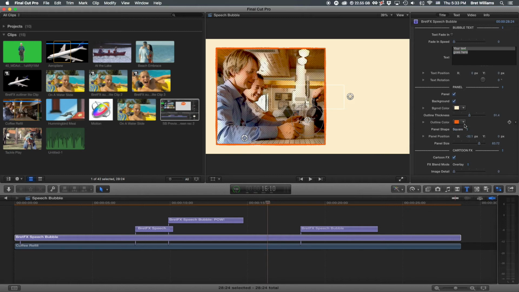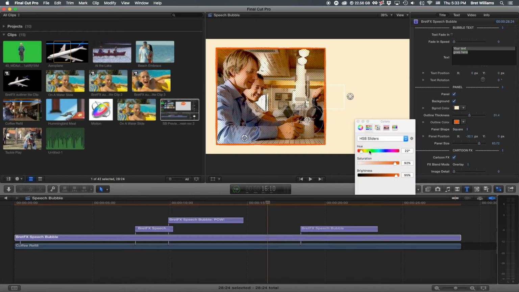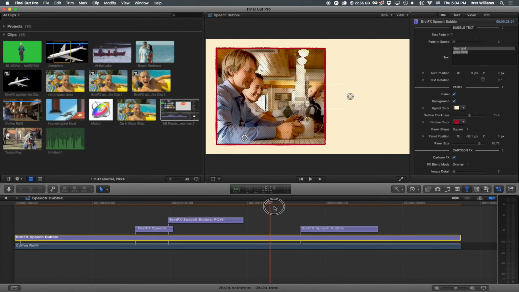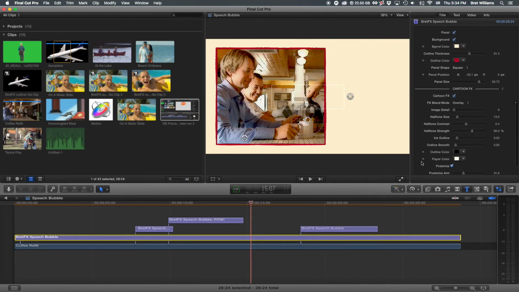Well, the problem I'm having with the color is on anything but the rectangle, if I switch to blue or red, you name it, it doesn't update until I jump down here in the timeline. That kind of forces an update here. That's the dilemma I'm having there. The other dilemma is in the cartoon effects,